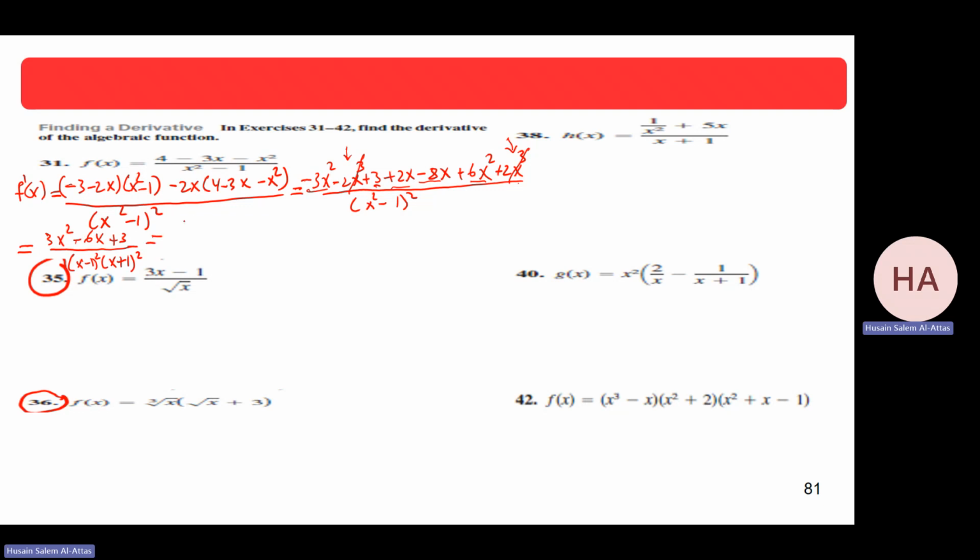Now, if you look at the numerator, it will be 3 times x squared minus 2x plus 1, over x minus 1 squared, x plus 1 squared. In other words, this is 3 times x minus 1 squared, all over x minus 1 squared, x plus 1 squared. Cancelled, you get 3 over x plus 1 squared. Noted x not equal to 1, so we can cancel. But x not equal to